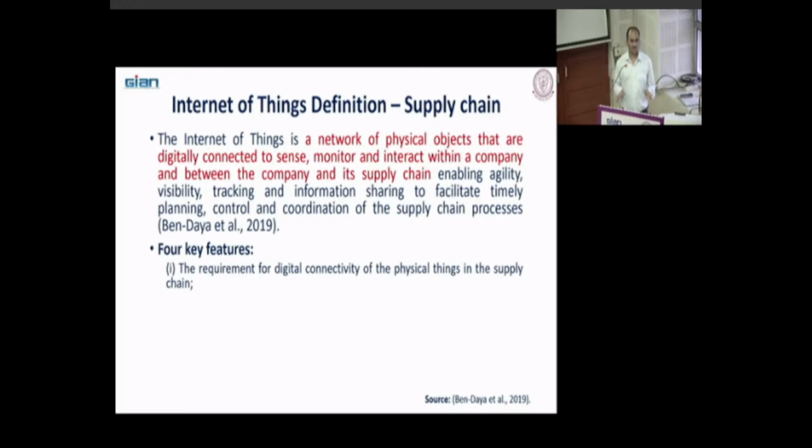Suppose you have got 1,000 suppliers, for example in an automotive supply chain. Out of those 1,000 suppliers, 900 are digitally connected and 100 are not connected. Do you think that makes sense? It doesn't make sense. Why? Because you are not getting the exact information from the remaining 100 suppliers. Each and every member should send timely information to the other members of the supply chain.